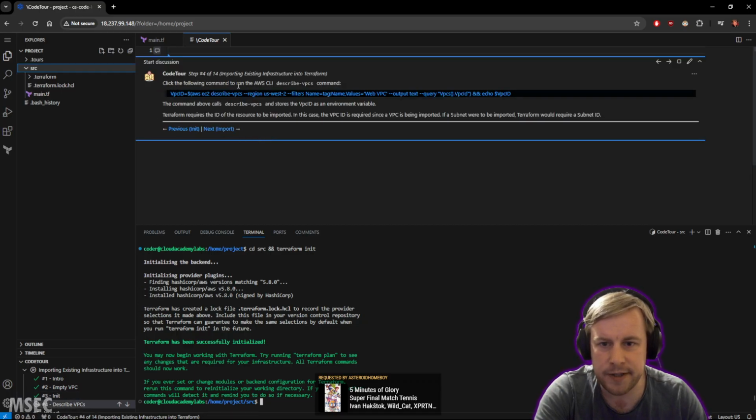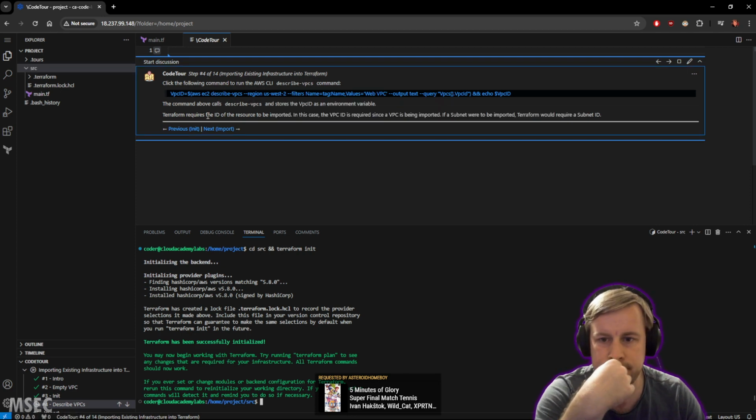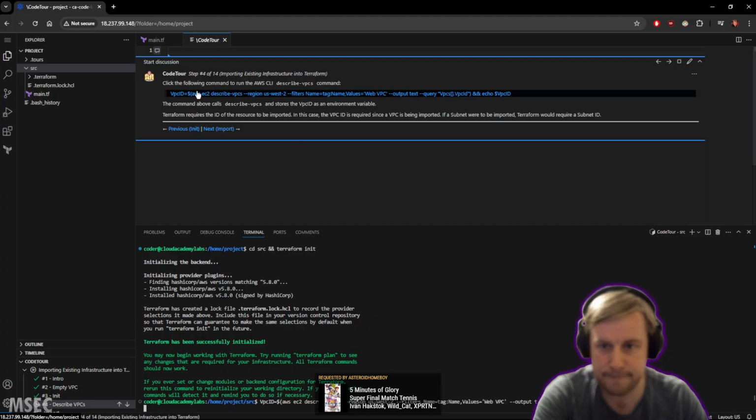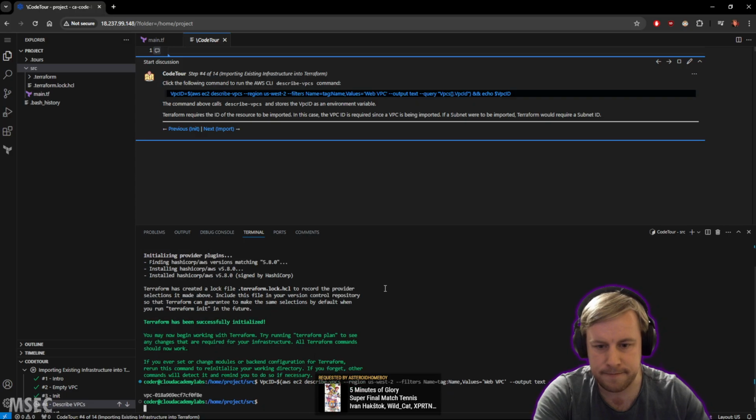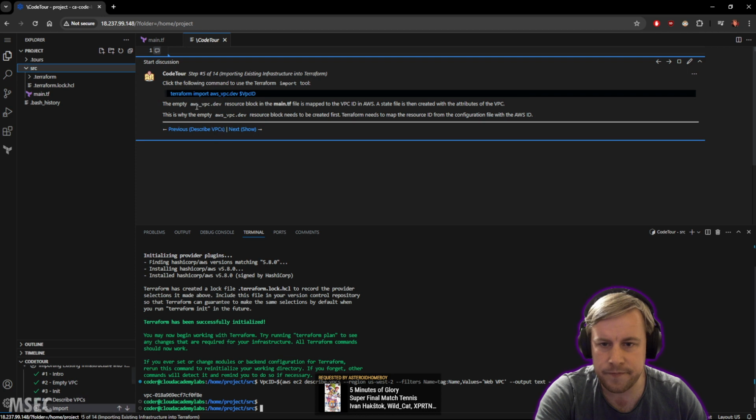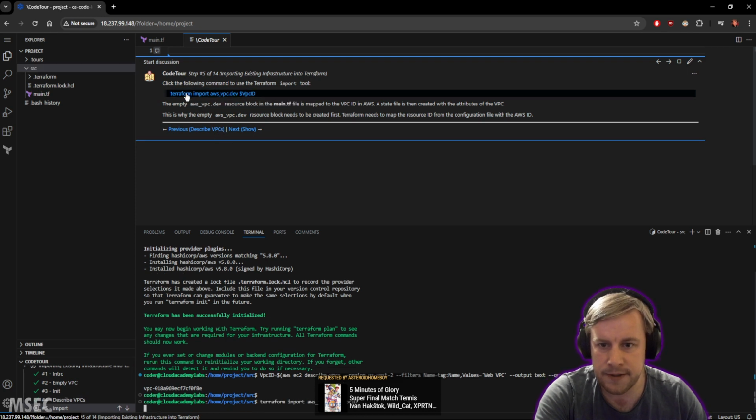So if we click the following command to run the CLI describe VPC command, the above command will call describe VPC and store the VPC ID as an environment variable. Terraform requires the ID of the resource to be imported. In this case, the VPC ID is required since it's the VPC being imported. We need to know what its ID is. And if we import that ID,